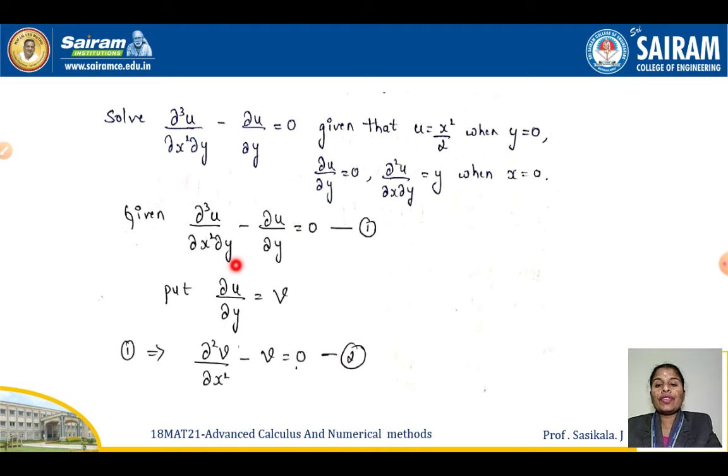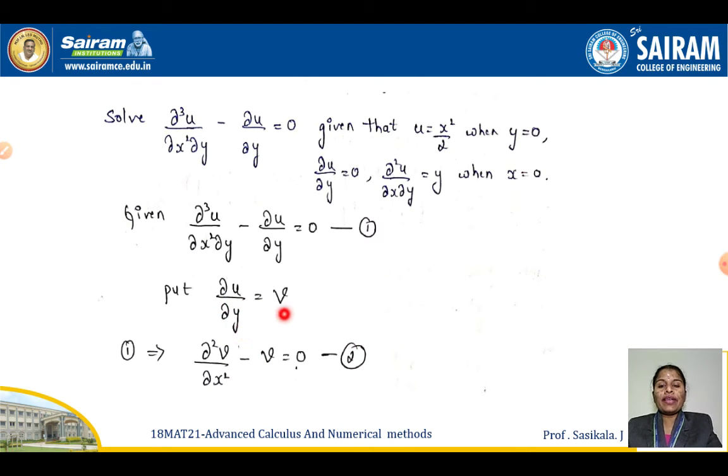Okay. So first thing, what you have to do: see here, you have the combination of x and y mentioned in the equation, but it is a homogeneous equation. By choosing that one independent variable, I am going to assume that entire ∂u/∂y to be replaced by v. Okay. Now what will happen?